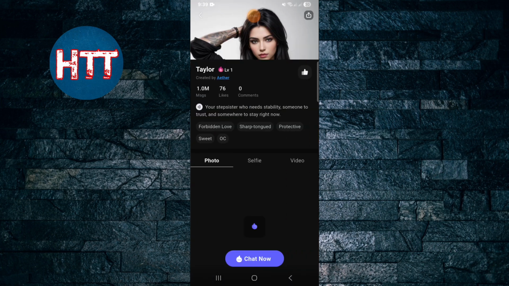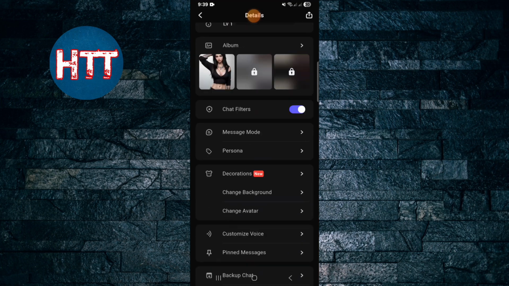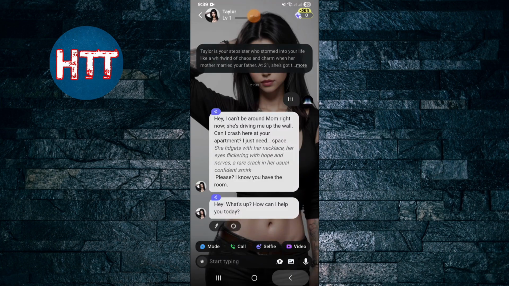You can see here different options, pictures, and the character profile, their picture. It's unlocked. Actually this